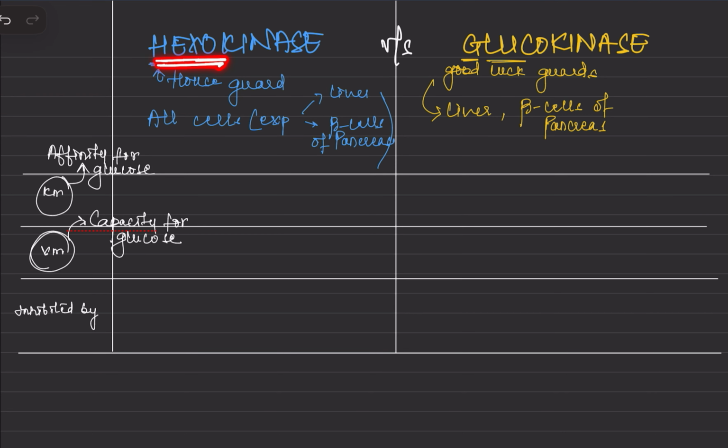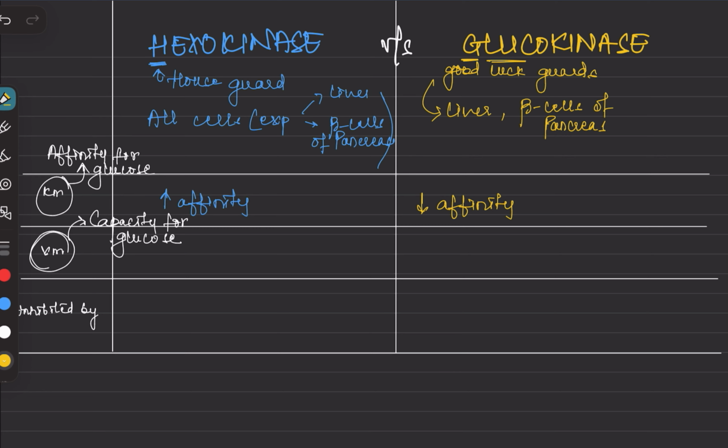So hexokinase has a very high affinity for glucose, whereas glucokinase, which is your good luck guards, will be active only when there is ample glucose, such that there is no space in your houses to store glucose. So their affinity is very low because they will be active only when there's too much glucose, right? So let's write that. High affinity for glucose with hexokinase, low affinity for glucose